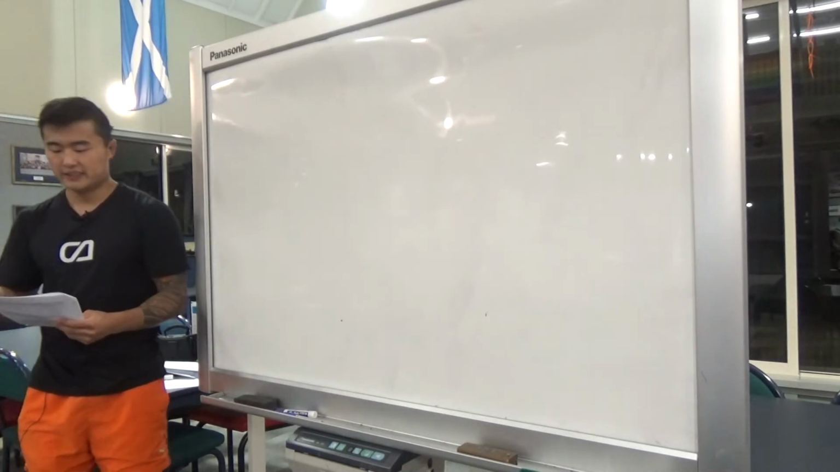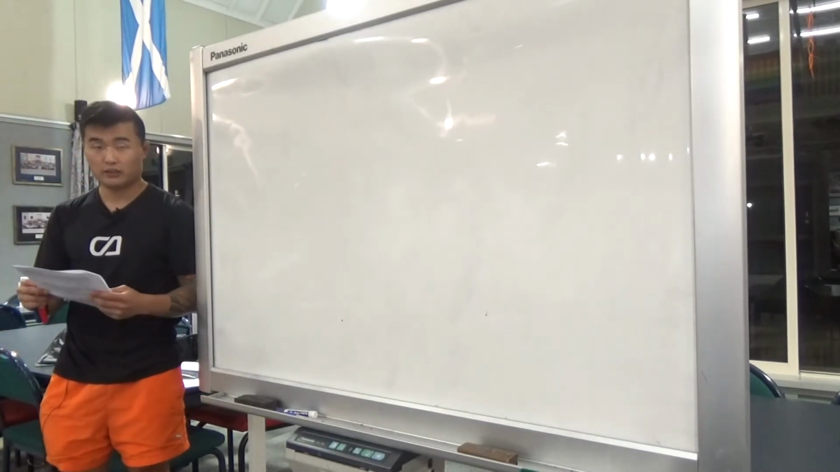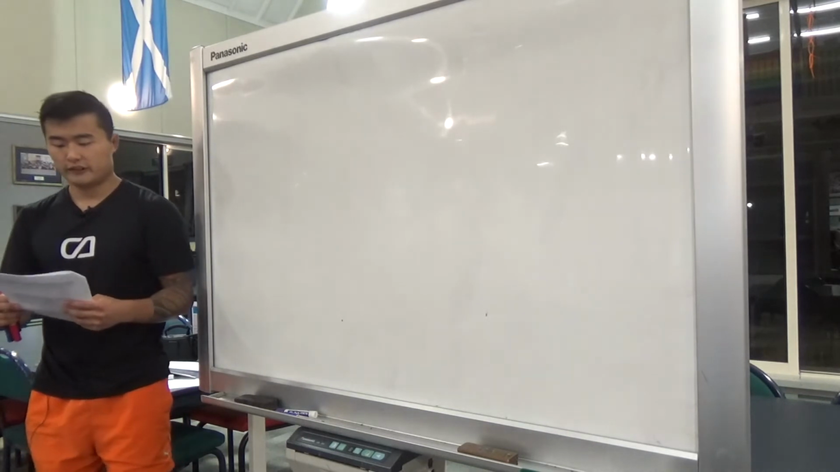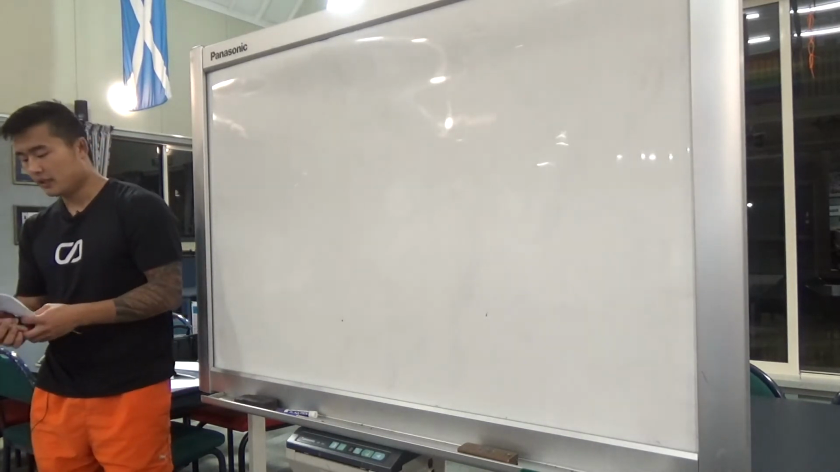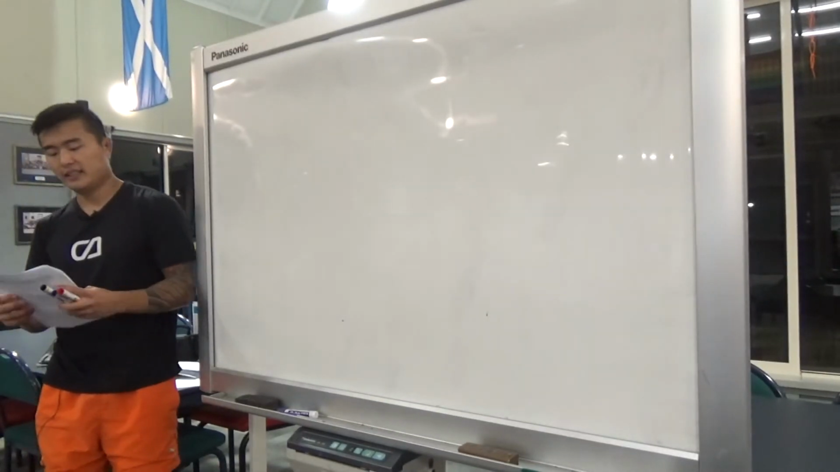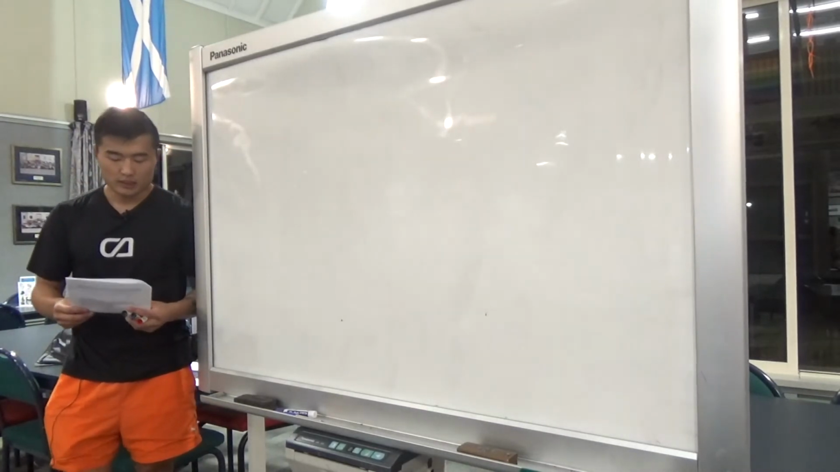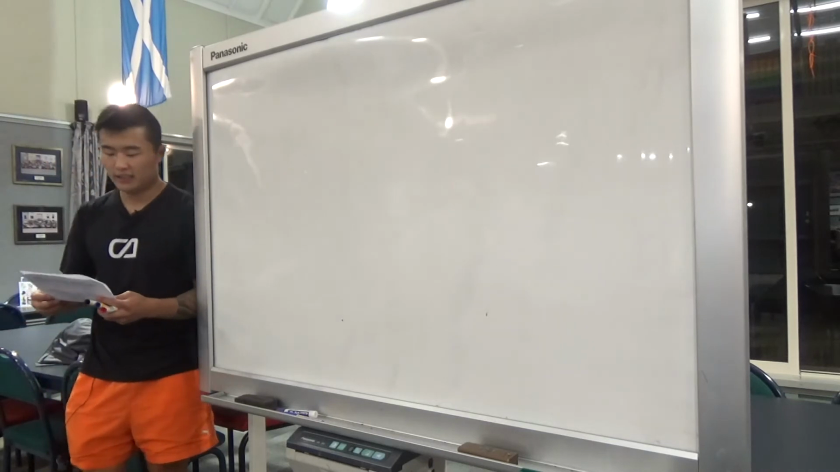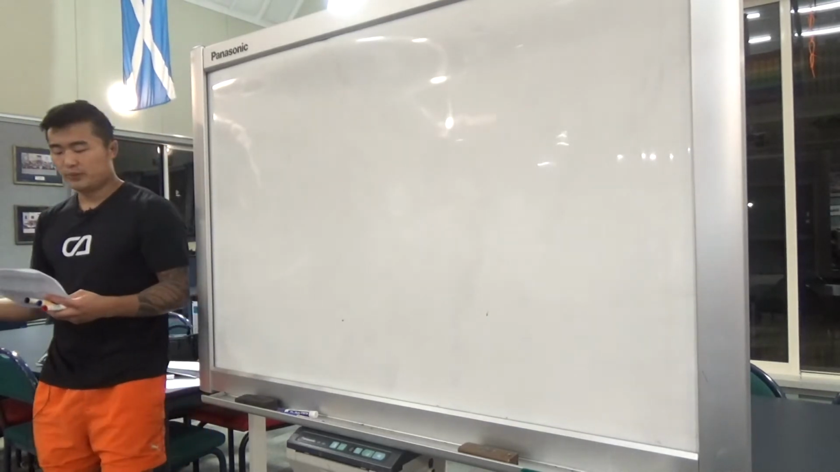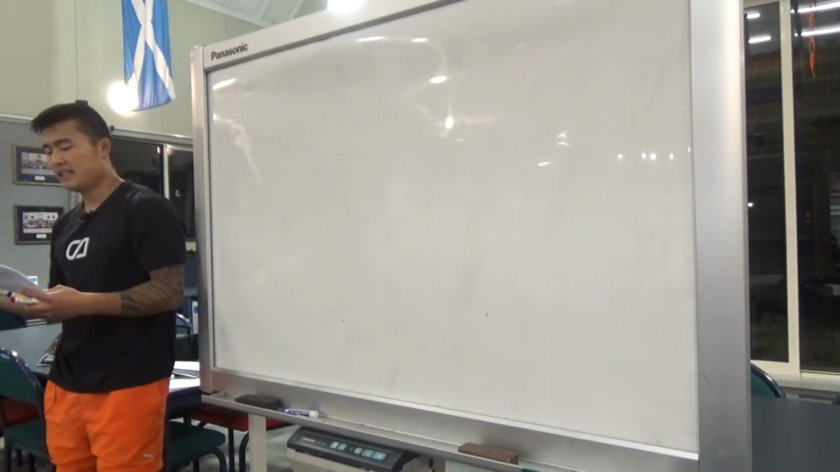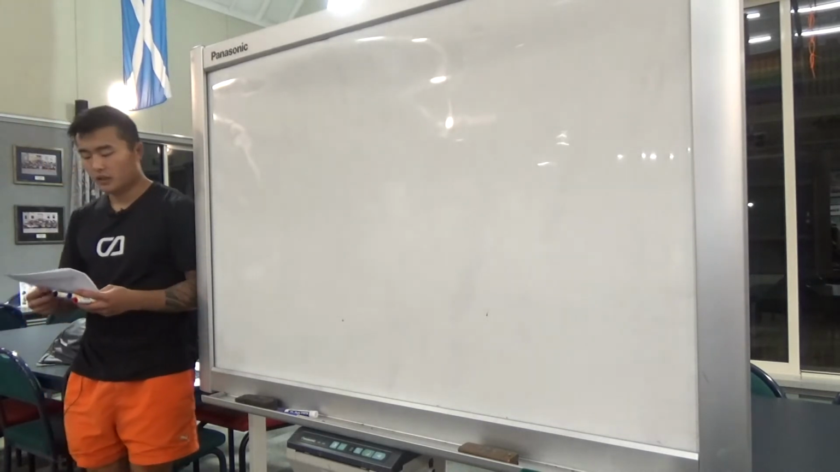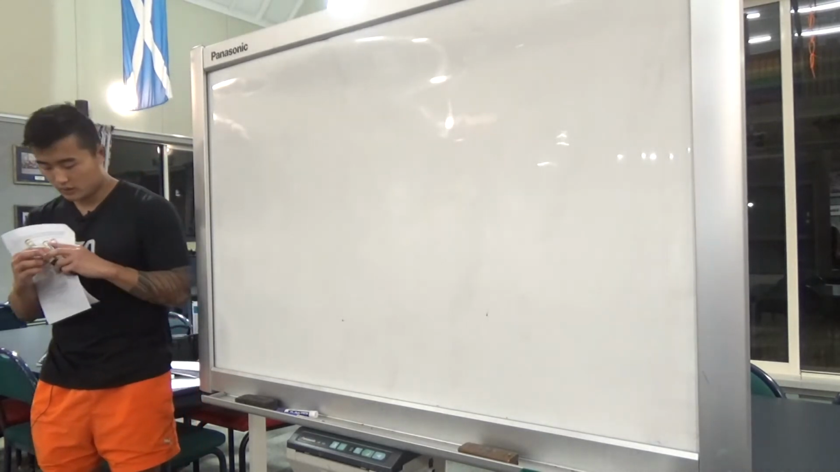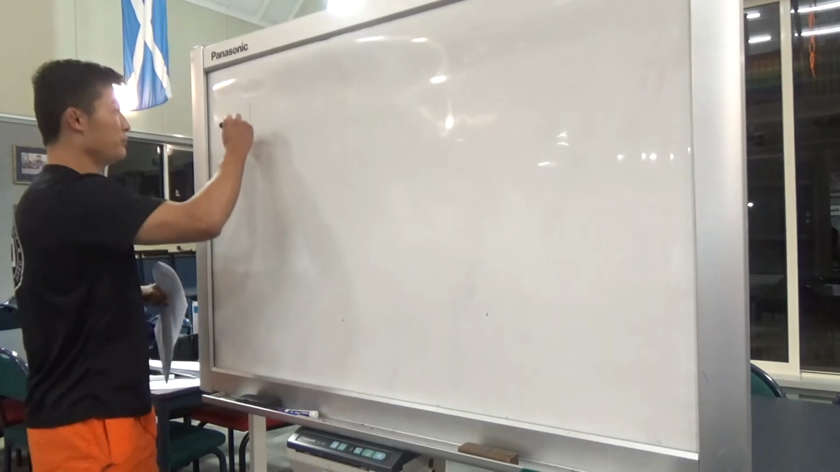So number 7, we have a sealed container at a total pressure of 300 kilopascals, and it contains a mixture of nitrogen and oxygen. There's 2 moles of oxygen and 1 mole of nitrogen inside the container. What's the partial pressure of oxygen in kilopascals? So the total pressure